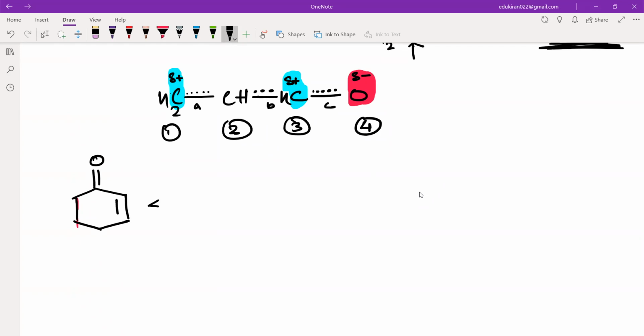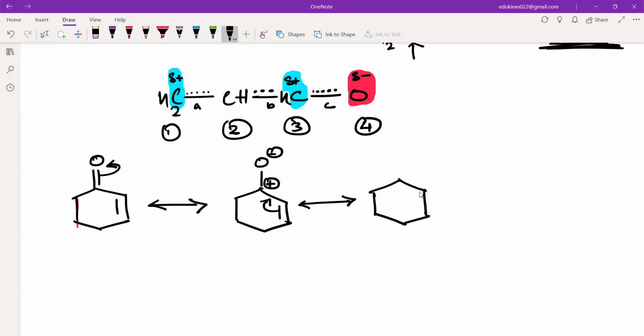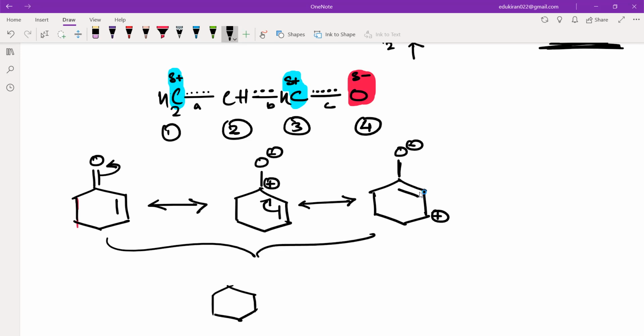Okay, so here also you can see that a negative and a double bond will be there, and a positive charge will be here. Then a double bond here, O negative here, and a positive charge here. So the resonance hybrid of all these will be negative. All of these bonds will have partial double bond character. Here you will have delta positive, and here you will write a delta positive. Okay.